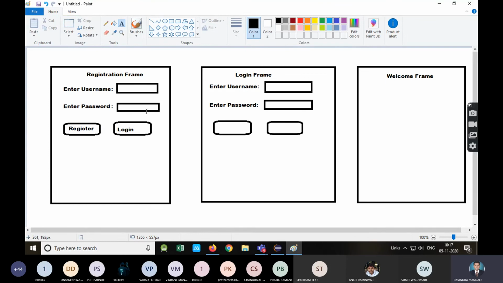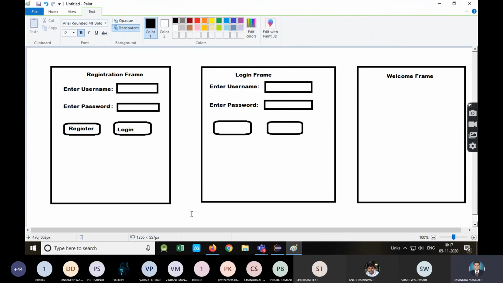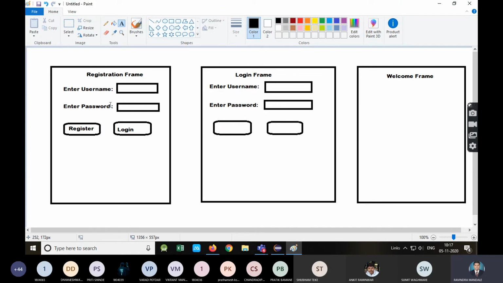Right now I'm only allowing him to give 2 values, but in actual there will be multiple values: his name, username, password, then address, mobile number, all those things. But as we have a time constraint, I have taken only 2 values, username and password. But in the exam you need to enter more values.